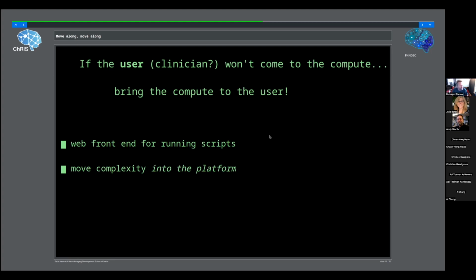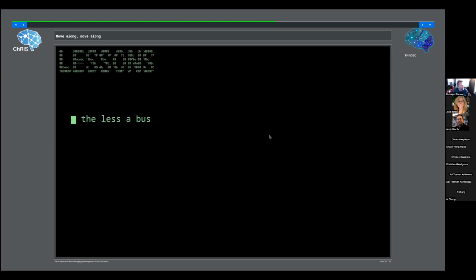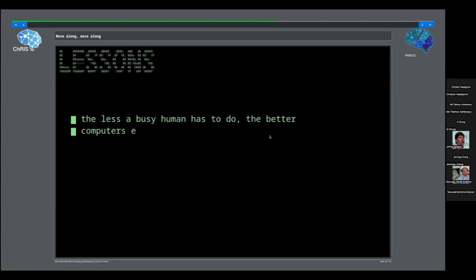Part of that is moving the complexity of this system, which I will talk about later, into the platform itself. Have the platform handle as much of the complexity as is feasible, as is possible, and reduce the friction to the end user. The less a busy human has to do, of course, the better. And computers excel at